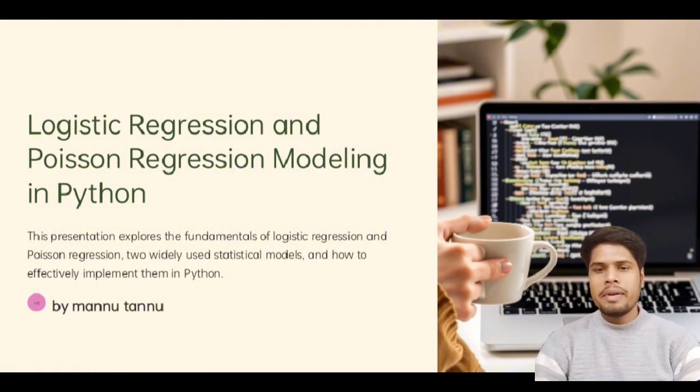It predicts the probability of an event occurring by mapping the output to a range between 0 and 1 using the sigmoid function. Logistic regression can also be extended to multi-class classification using techniques like one-versus-rest, OVR. So it can be explained in terms of data preparation, modeling, model training, prediction, evaluation, and visualization.